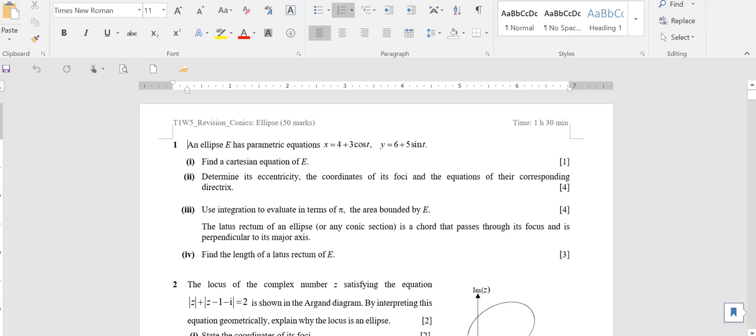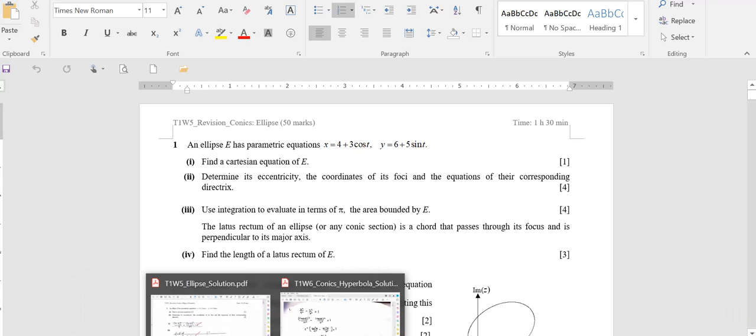Okay, next I'll run through the two revision worksheets, one on the ellipse and the other on the hyperbola. For the first question, part one, no problem, part two as well. But when it comes to using integration to evaluate the area bounded by E, I think in this case here, we can see that